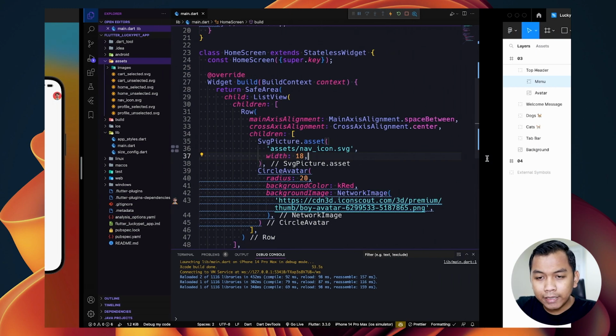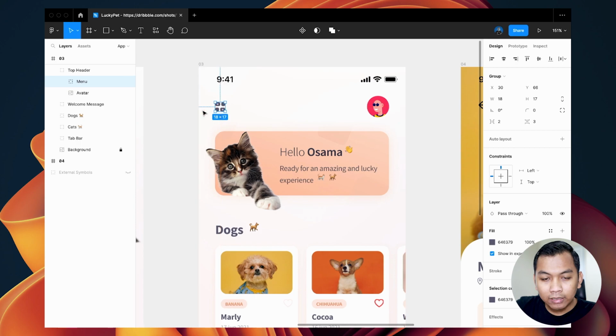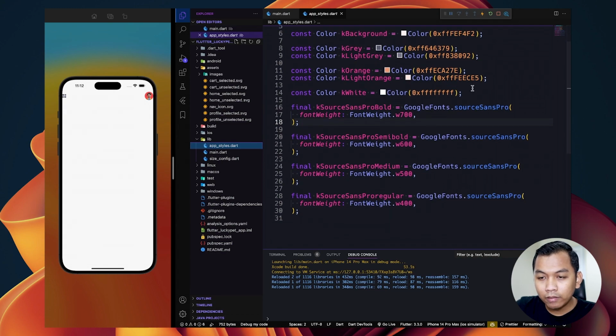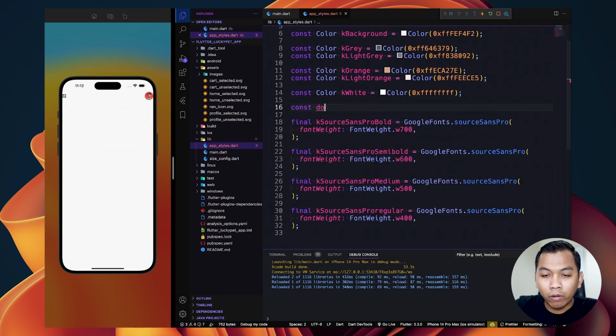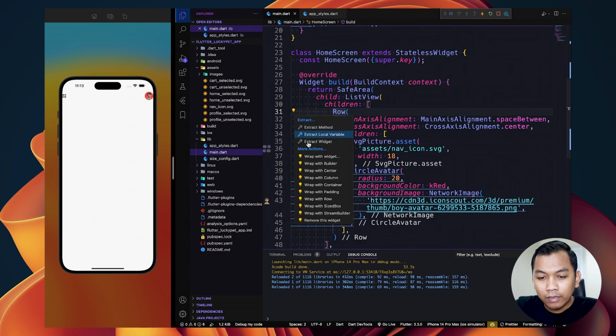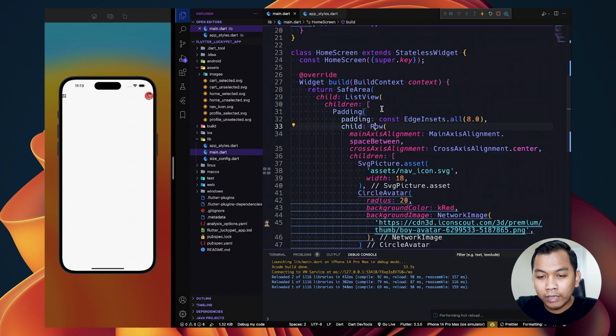And the next step is we need to add something like padding. So we need to say here, maybe const double kPaddingHorizontal, give a value of 30, and let's go back to main again, and we need to wrap this, and we can simply press this button and wrap with Padding.